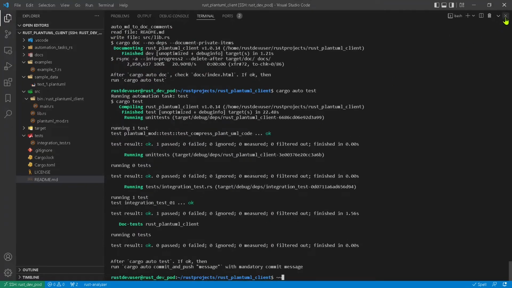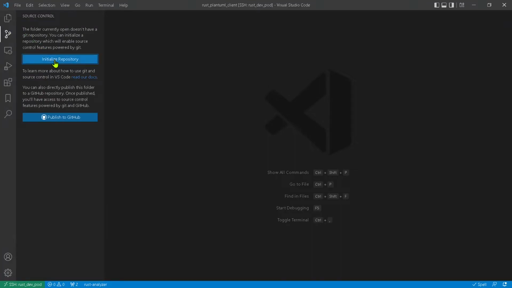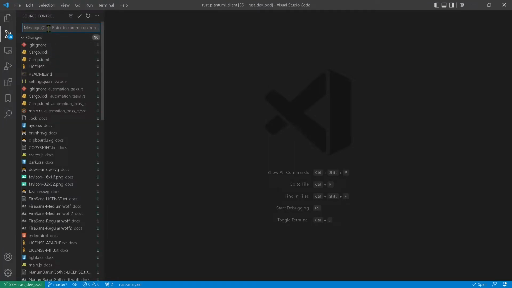We will now use the VS Code source control to init and commit our code locally very simply.